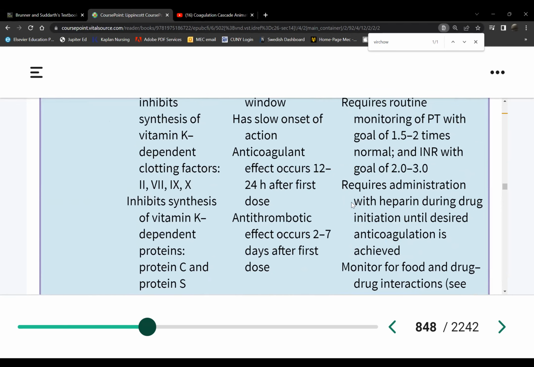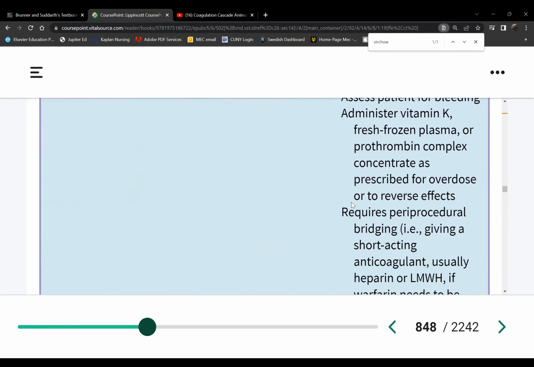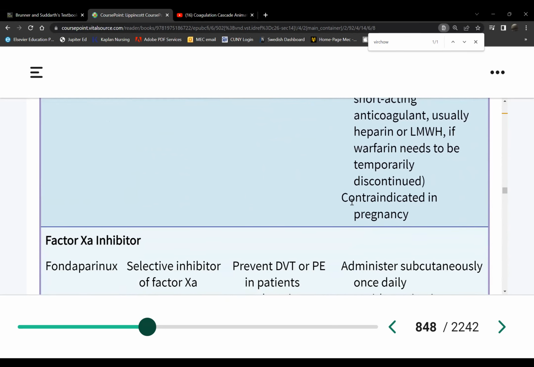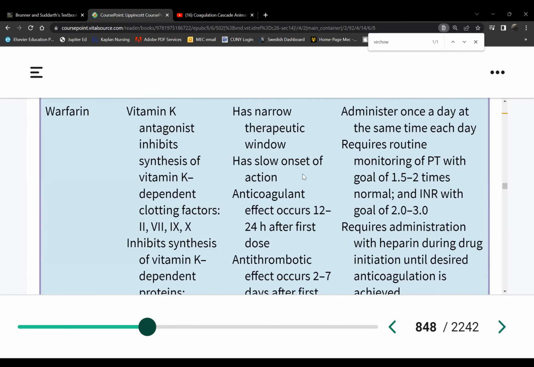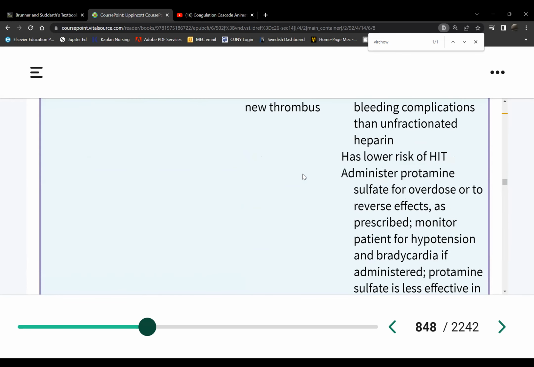And you already know about the antidote, right? Vitamin K. Okay, so what are those foods again? It's somewhere in this chapter, so please read. Let's go now to the antidote for heparin. Protamine sulfate. Very good.